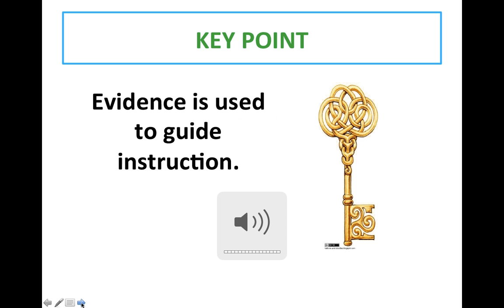For today's meeting, our key point is evidence is used to guide instruction. So teachers use a variety of data to better understand what their students know and what they are able to do. When the evidence is generated, the teacher interprets the evidence and locates the student's current learning status along the construct progression. This allows the teacher to adapt and respond to the learning needs of the student, adjusting learning targets